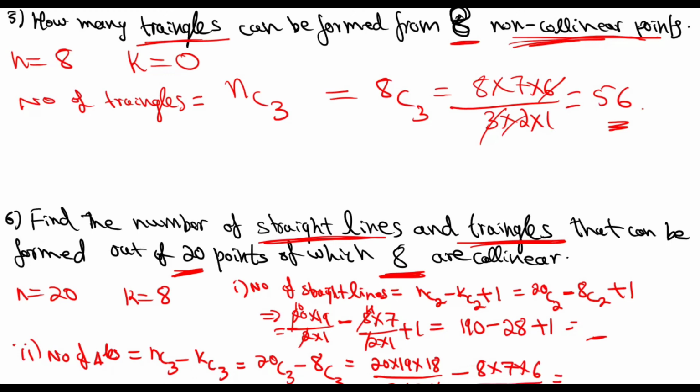It's equal to, here see, 3 ones are 3, 3 sixes are 18, 2 threes are 6, so 60 into 19 minus, here see, 3 2s are 6, 6 gets cancelled, 8 7s are 56. Here multiply and subtract, you will get the answer.